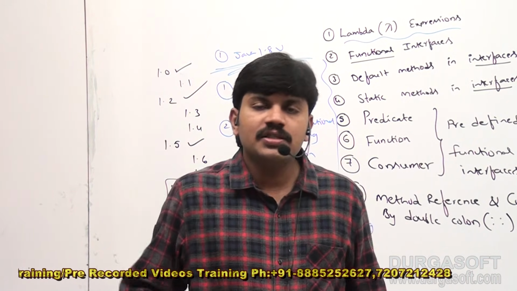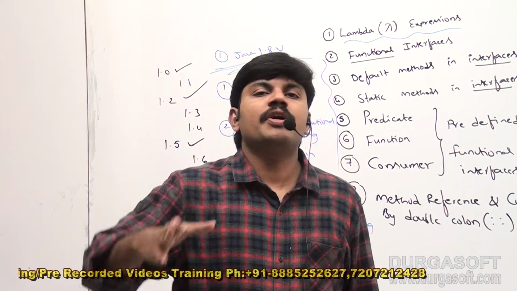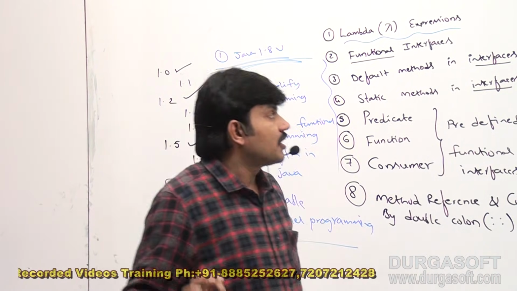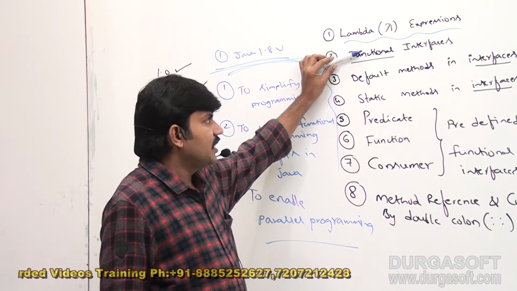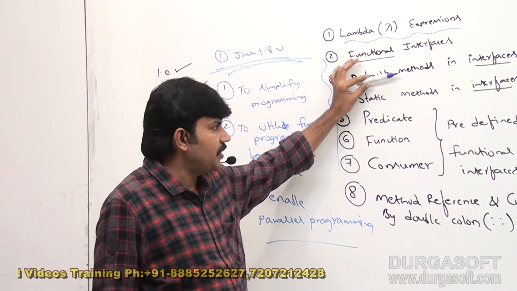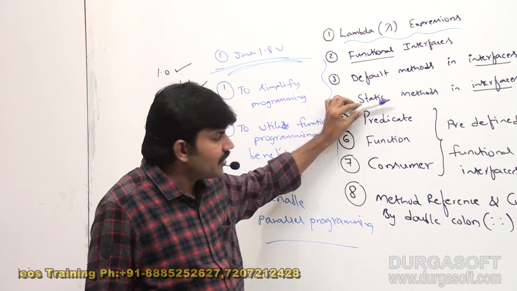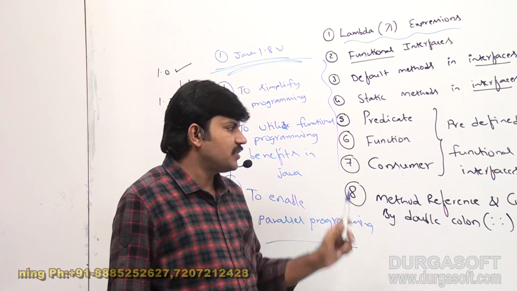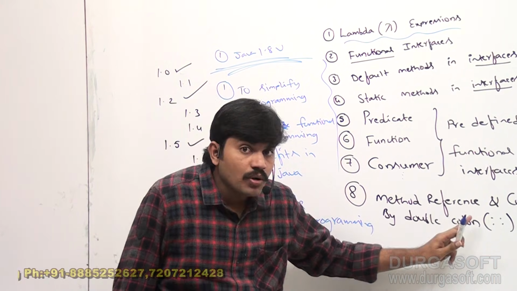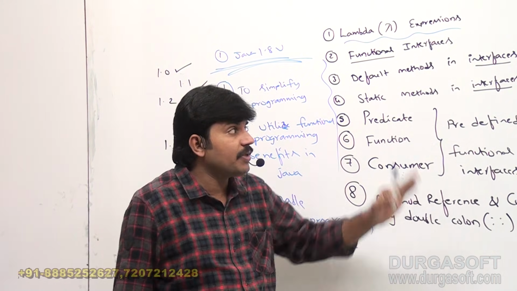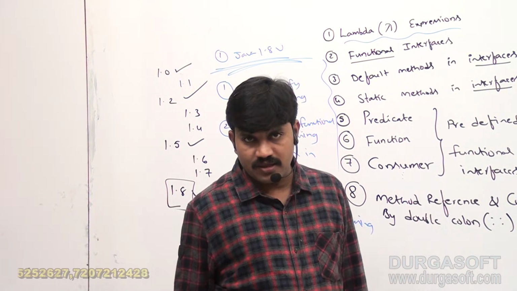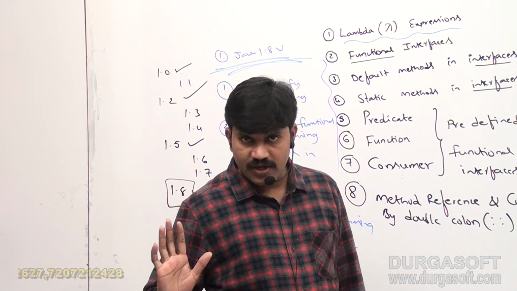So that's all. Next, in Java 8, what various new features are there? The first is Lambda expression. Next, functional interfaces, default methods. Next, static methods inside interfaces, Predicate, Function, Consumer, multiple functional interfaces like that. Next, the double colon operator, how to use it, Stream API, Date and Time API, and several new concepts are there, sir. That's all. Is it clear for all of you, right?